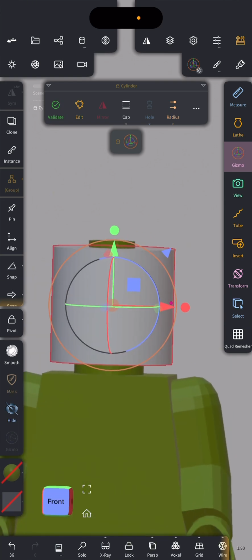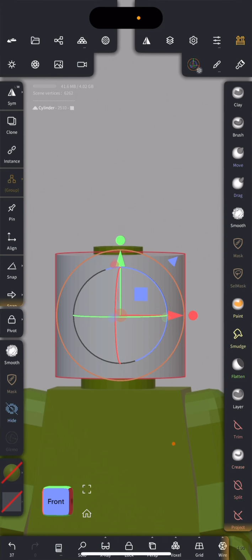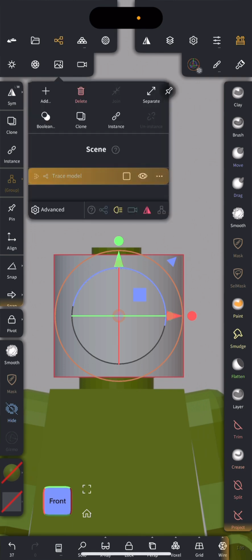Okay. I think that's all right. I'm going to tap validate. So what I want to do is I want to create a copy of the cylinder. So I'm going to go back up to my